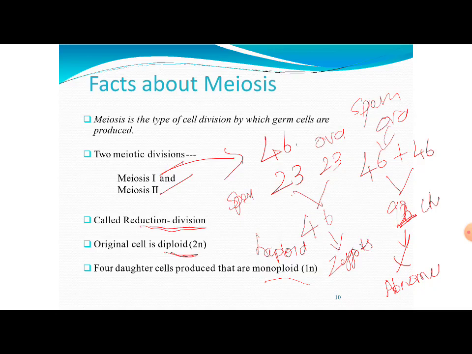When they multiply, the second division, meiosis 2, is nothing but mitosis. What is the function of mitosis? Doubling up the number of chromosomes. So this 23, I showed you in the diagram, right? You saw this diagram, you remember this? This is meiosis 1, a nucleus, right? Now you have 23 chromosomes.